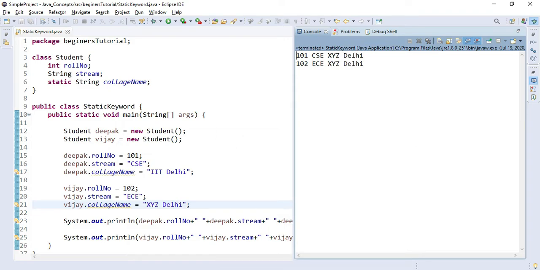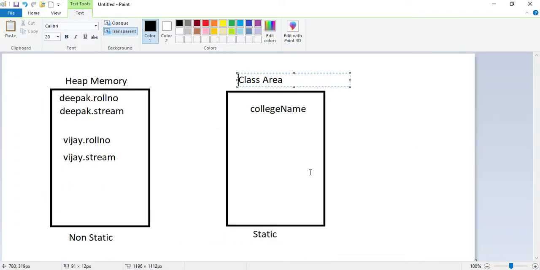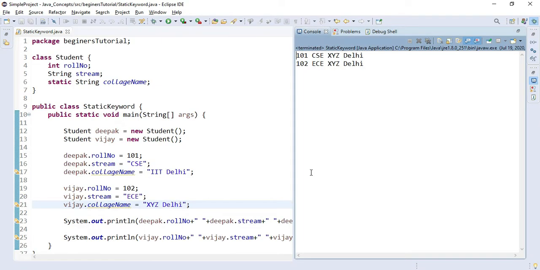Why so? Because, as we have seen in the memory management, the college name will be created only once, that too in the class area, and whatever the last change is in the static variable, that will be reflected for all of the objects which we have created with respect to our class.